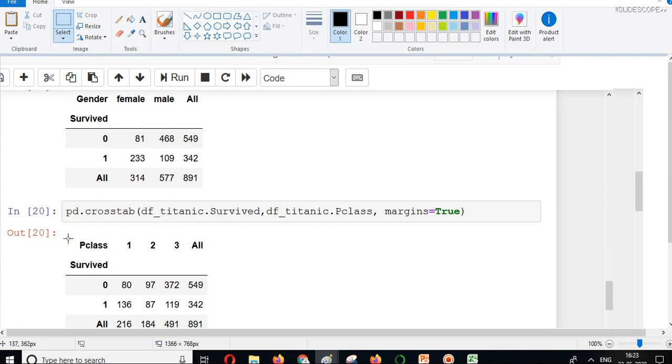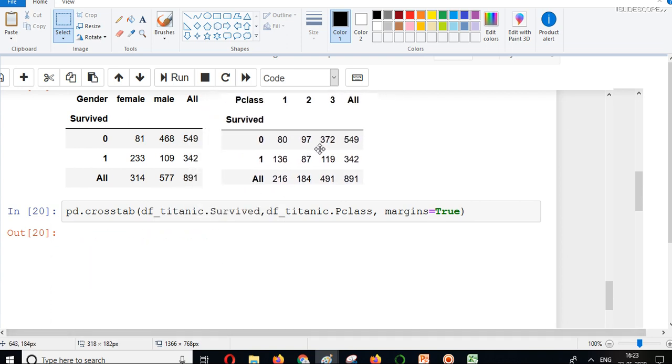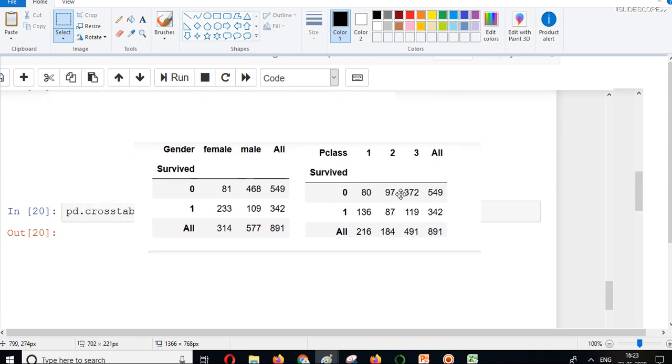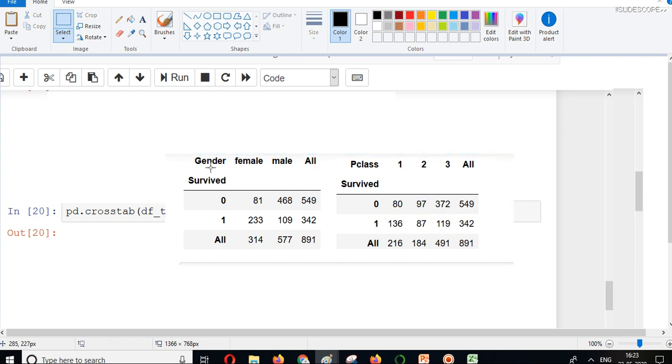Now I will cut this from here and place it side by side. Now you can see when we have placed these two data frames side by side, we have some data here that we have female and male, and then 1, 2, and 3. But you know that we can also get how many females were there in passenger class 1, class 2, and class 3, how many of them were able to survive and not survive, and things like that.